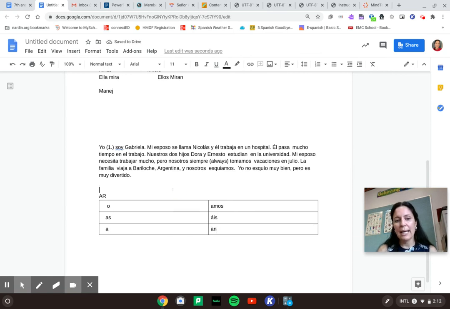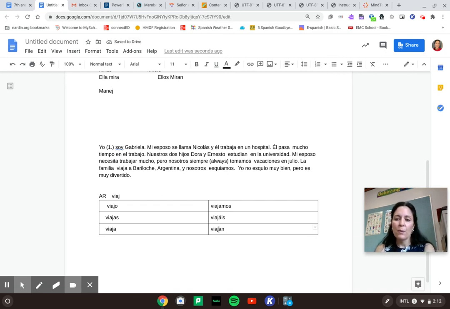So once you decide what your verb is, say that we have the verb viajar, to travel, we know we're going to take off our AR and we're just going to plug in the endings. To say I travel, it's going to be viajo, I travel. To say you travel, we're going to put in our stem, viajas. We're just going to plug in our via for all of them. Viaja, he or she travels. Viajamos, we travel. Viajáis, y'all travel. Or viajan, they travel, or you guys travel.